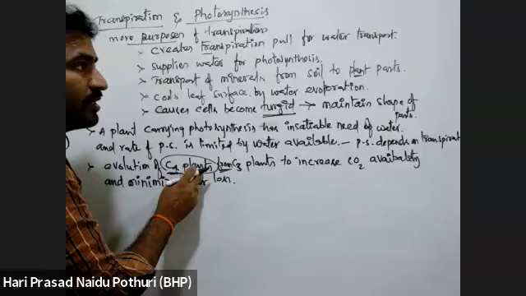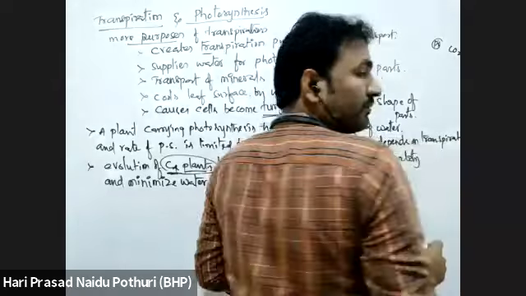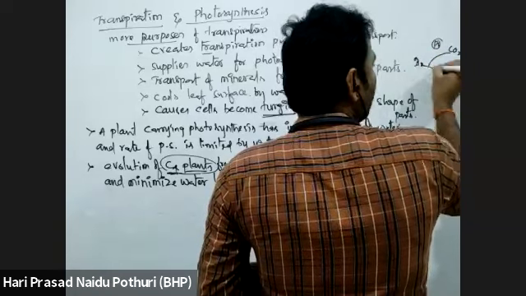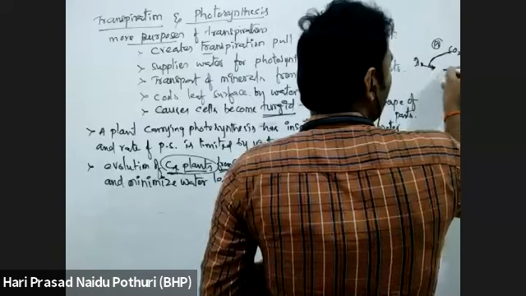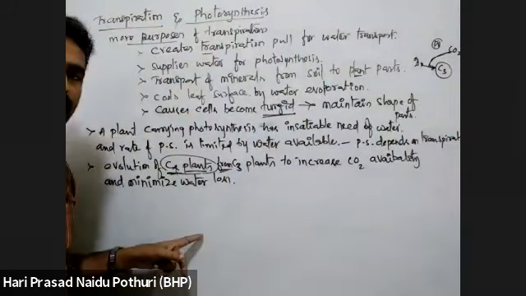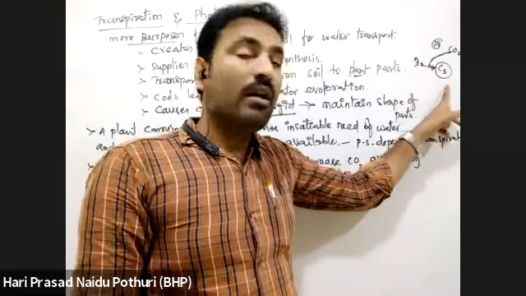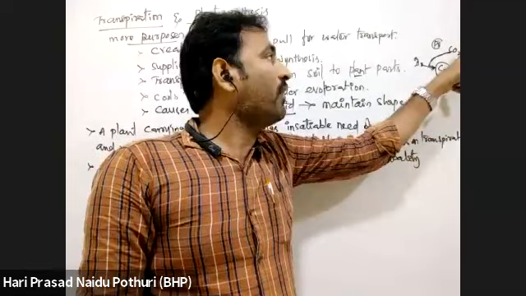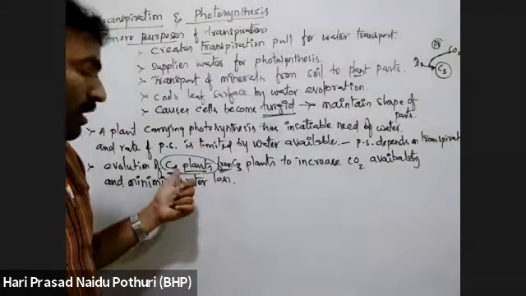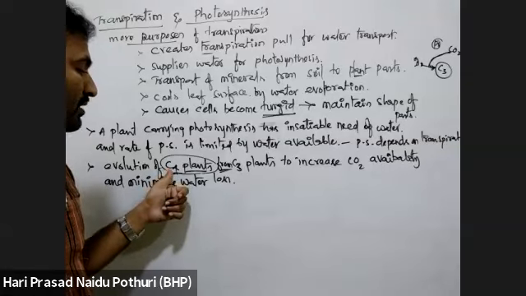C3, C4. What does C3 mean? In photosynthesis, CO2 is taken in. After taking in CO2 in metabolic processes, if a 3 carbon containing molecule is the first product, a C3 compound, then it is a C3 plant. If a 4 carbon containing molecule is formed first upon taking CO2, then it is C4.